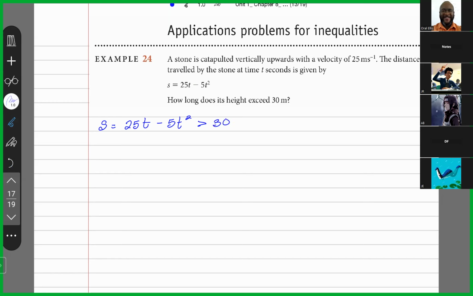So this is a quadratic inequality. Let's go minus 5t squared plus 25t